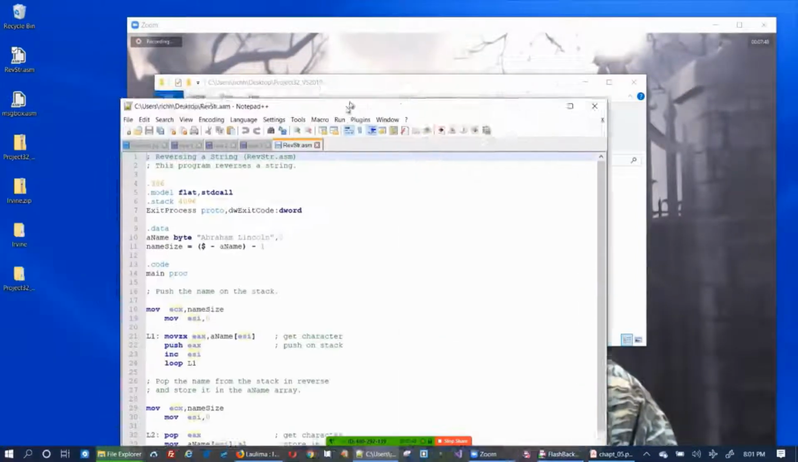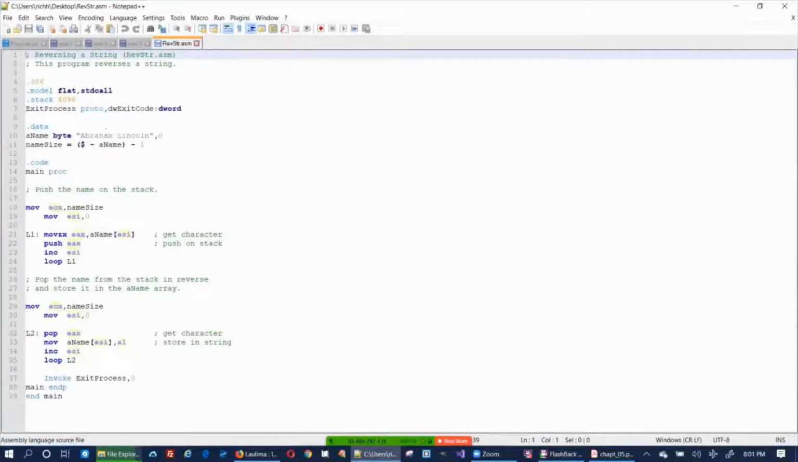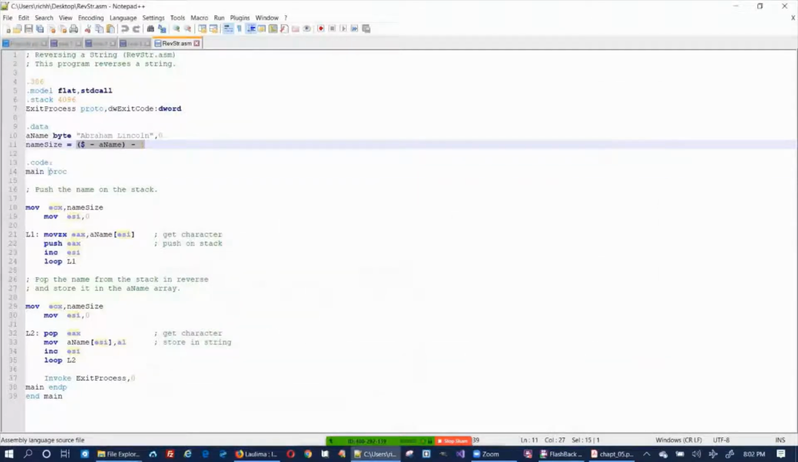Okay, I've got an editor here, and we see that we've got a string here, and this will compute to the size of the string because of where the $ sign is and so on. Okay, that's opened up. And then this is the main procedure, and so what it does is